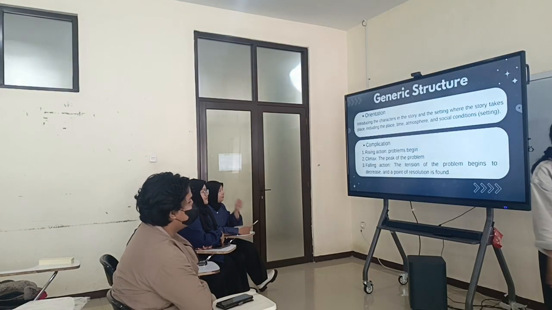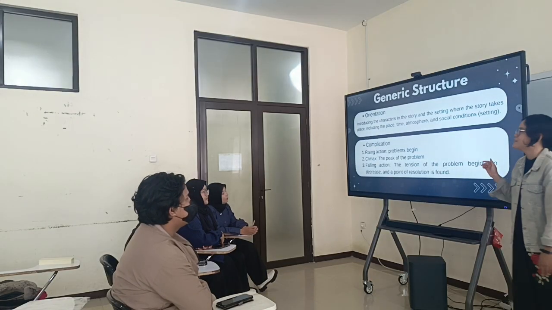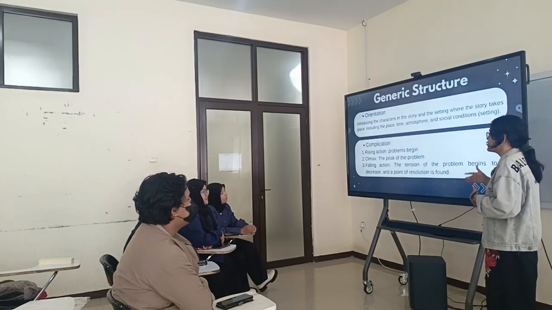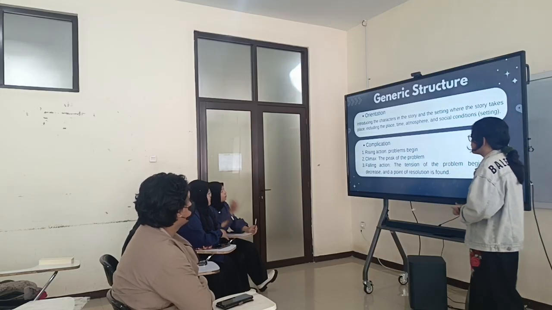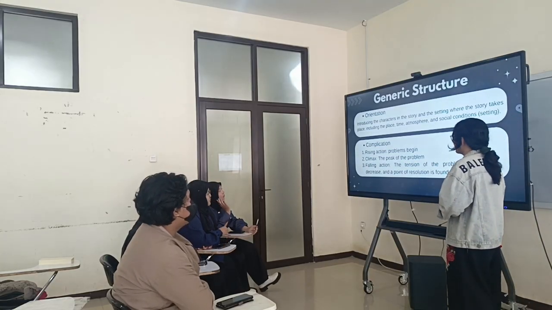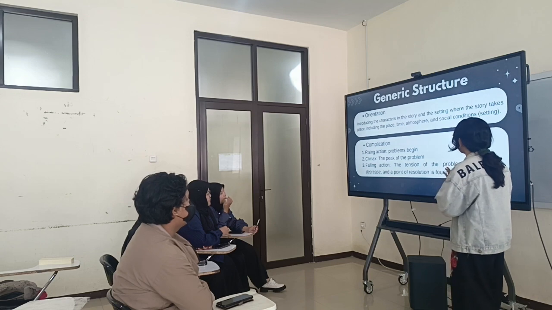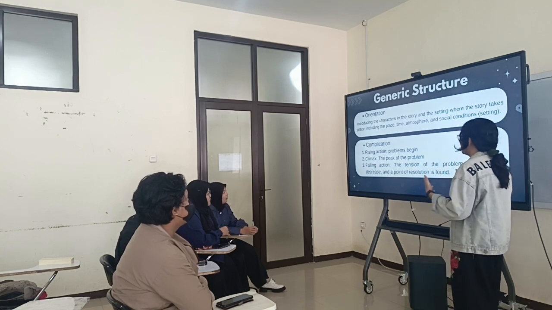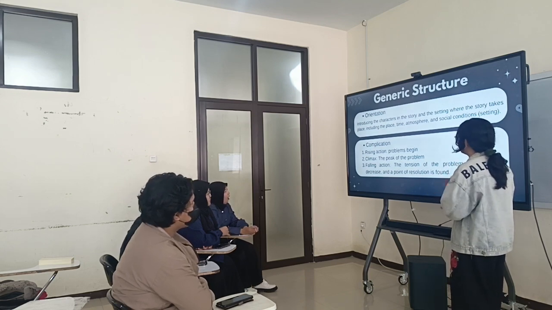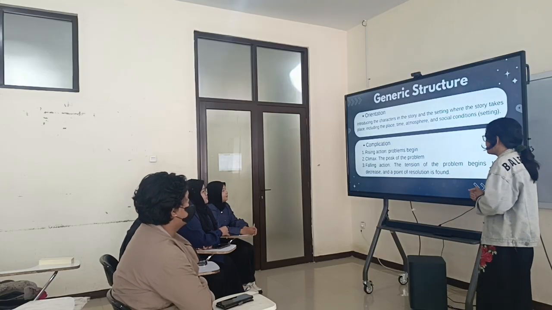So this is the general structure of a narrative story. It has orientation, introducing the characters in the story and the setting where the story takes place, the atmosphere and the setting. And the complication,